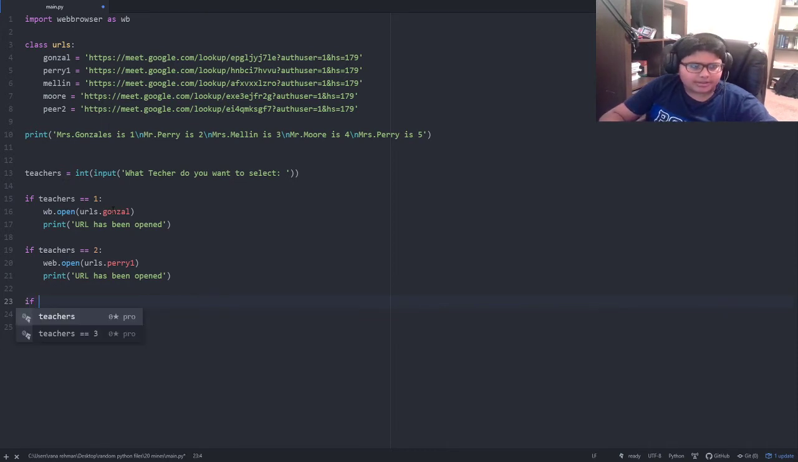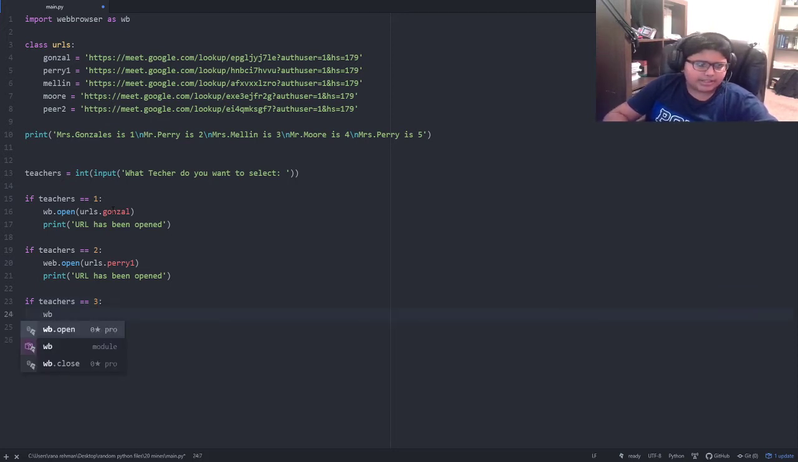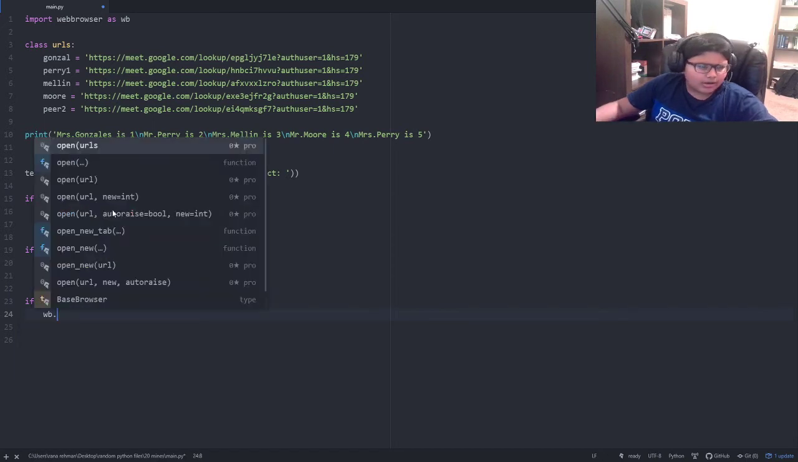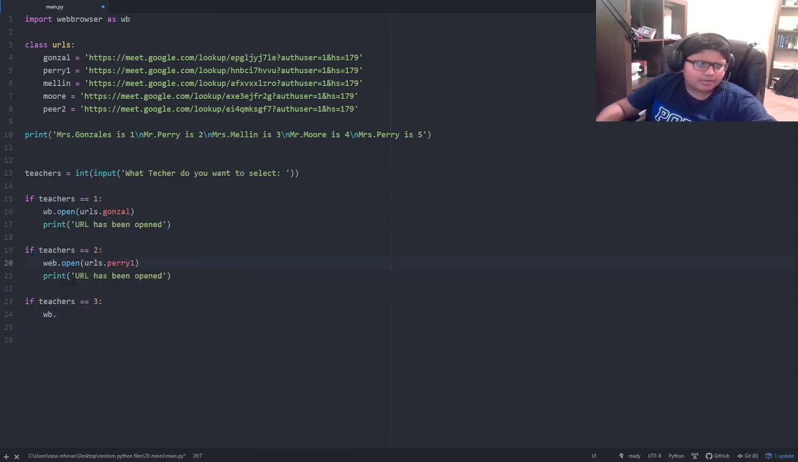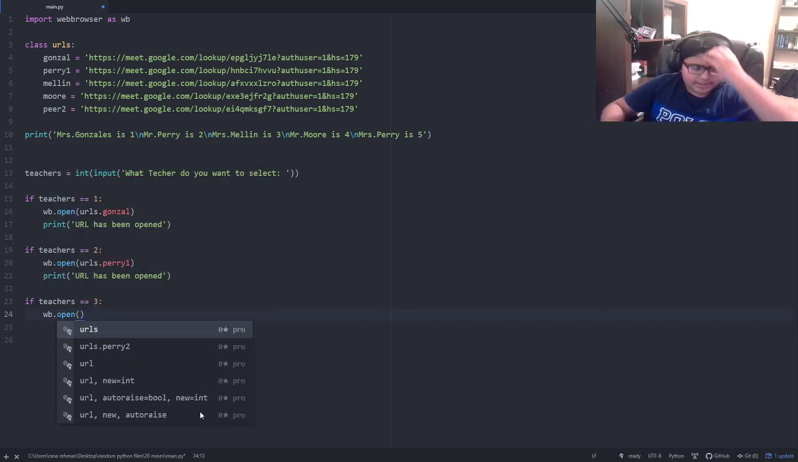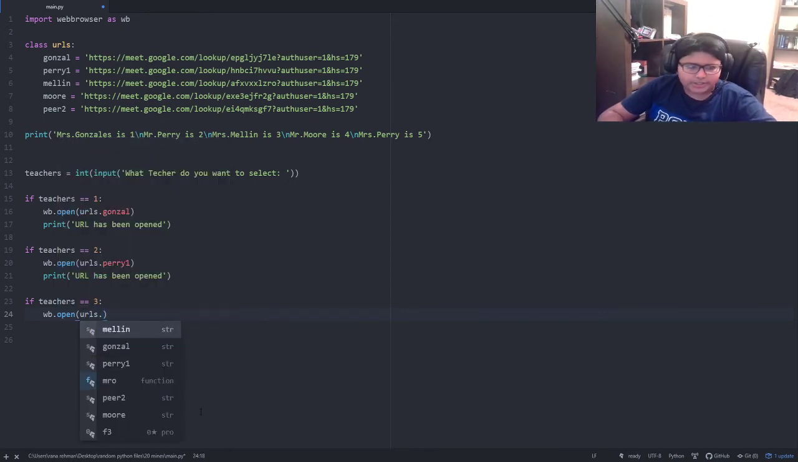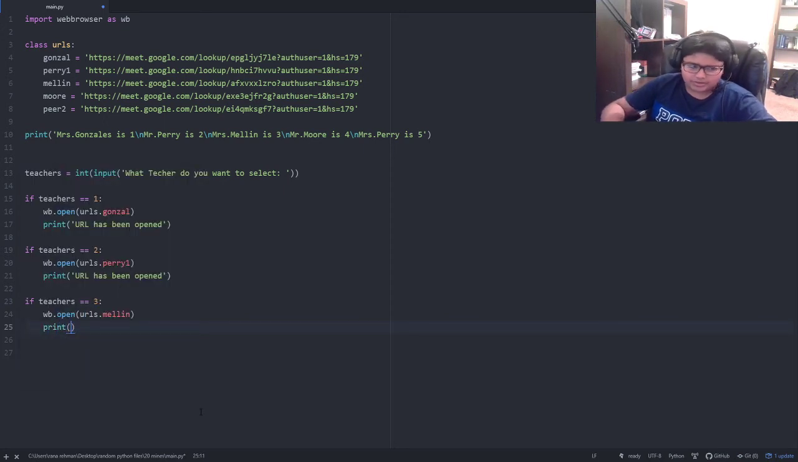So let's do the same thing for Miss Mellon. So if teachers is equal to 3, WB.open. Oh, I put web.open. It's supposed to be WB. There we go. WB.open. Then we're going to be doing URLs dot melon. And then we're going to be printing out URL